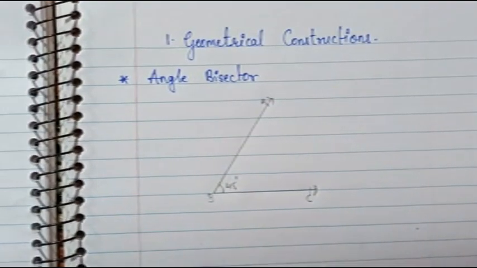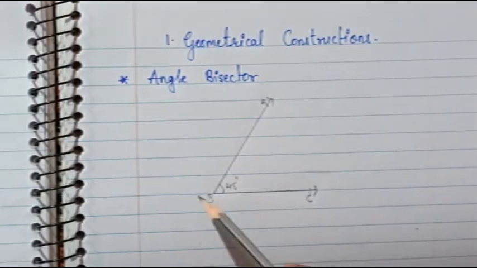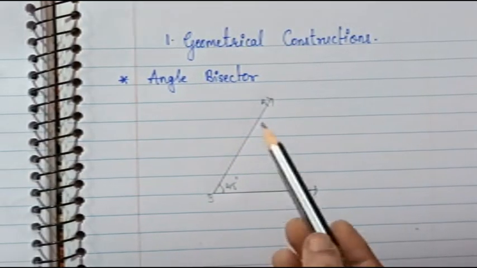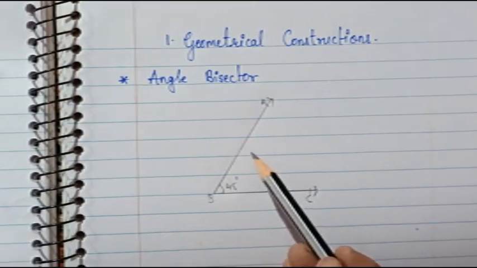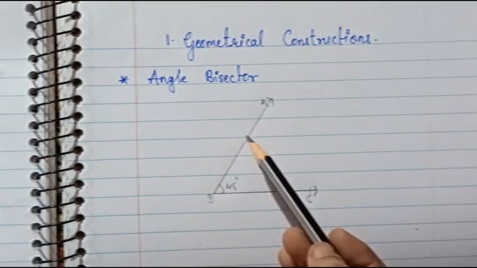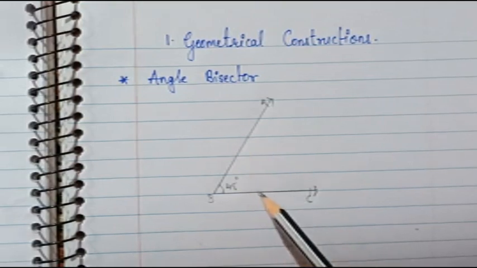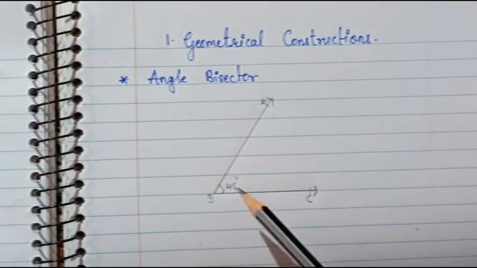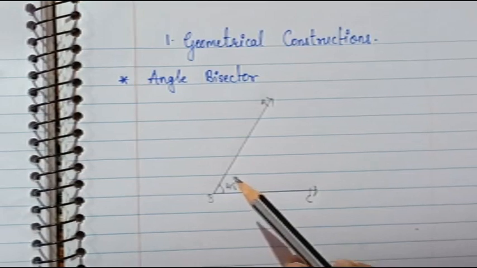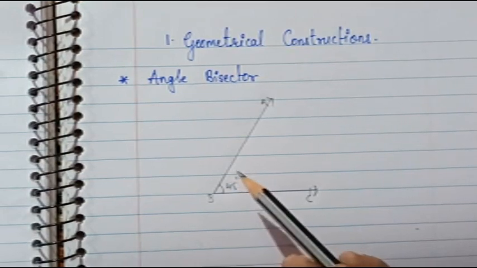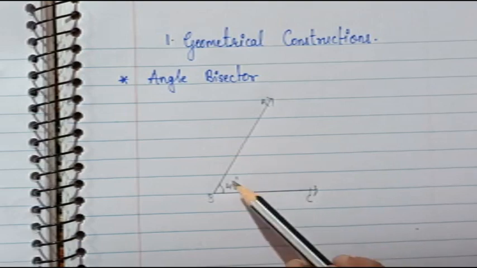Okay, now students, this angle which is the angle ABC, now you are supposed to bisect this angle. Now to bisect this angle, you have to cut this angle, right? Bisector means you have to divide it, cut it. So you are supposed to cut these angles. So to do that, you are supposed to use the geometry box, and in that you are going to use the divider. Okay, a compass you can say, or rounder you can say. With that help you can bisect this angle. Now how to bisect this angle, that we will see now.